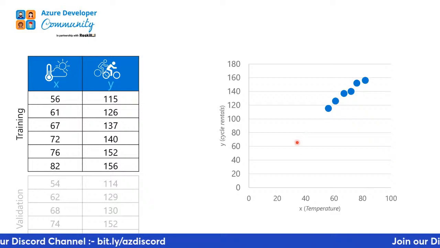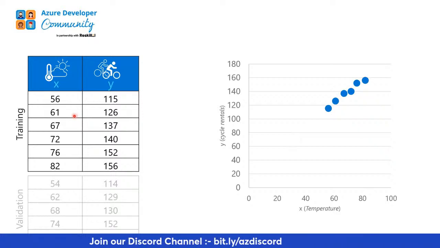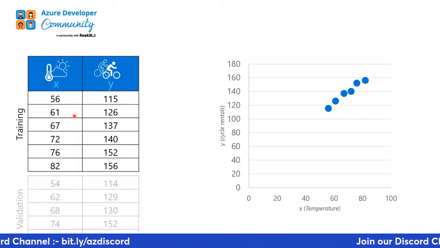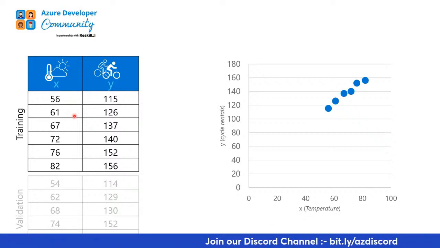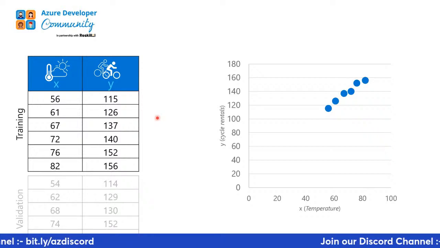So how do you know that? Let's say I give you a number 63. So what is the number of cycles that people might have used? Any guess, or like a human guess? So how would you say that if the day is 63, just by looking at the data that you have before you? This is the table that you have. Just by looking at this 63, what could be the count?